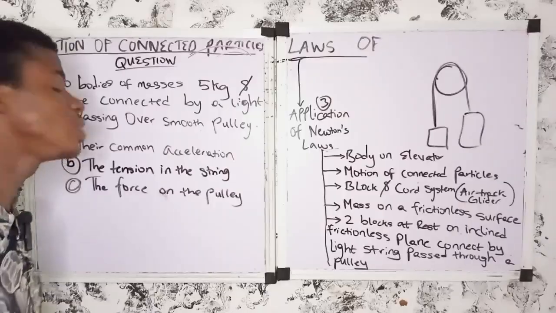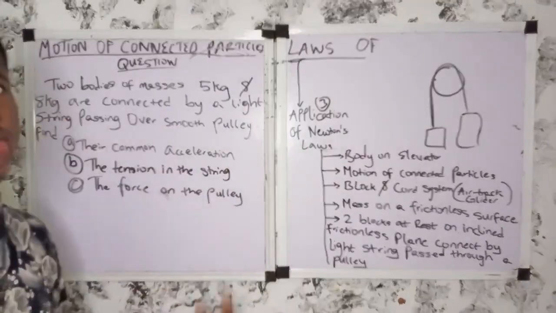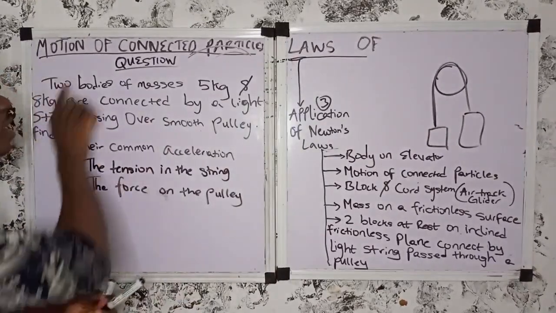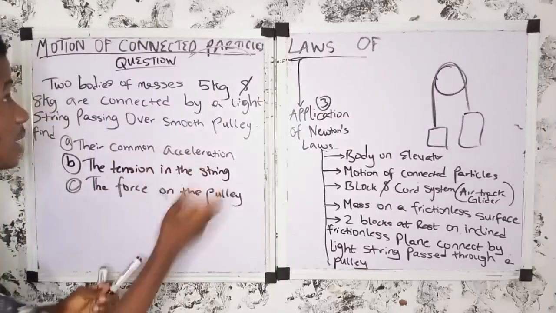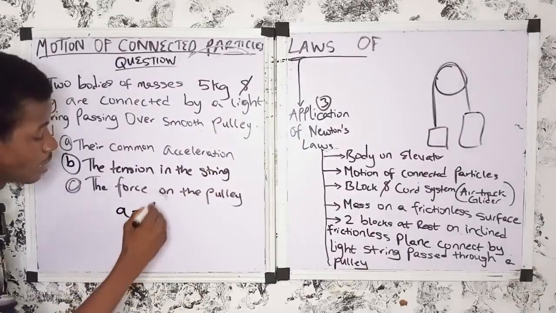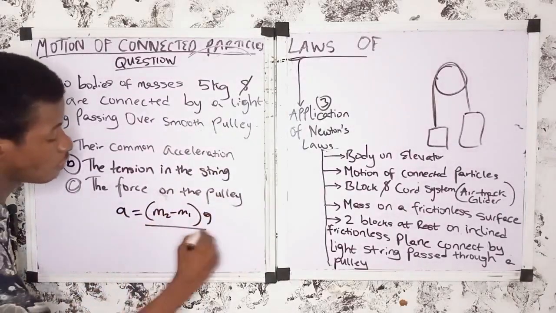Okay, so they are asking us to calculate their common acceleration. I gave you guys the formula. Now, what is the formula to calculate the common acceleration of motion of connected particles? The formula is a is equal to bracket open m2 minus m1 bracket close g all over